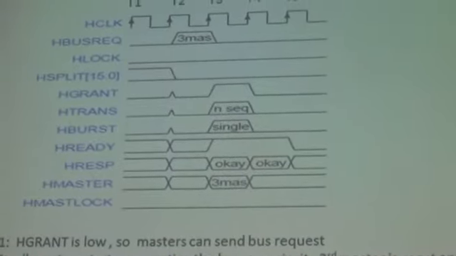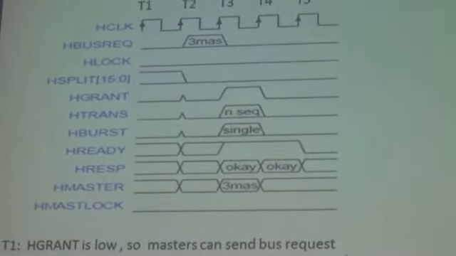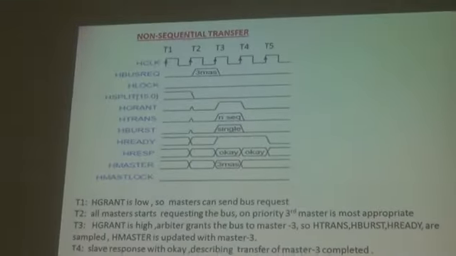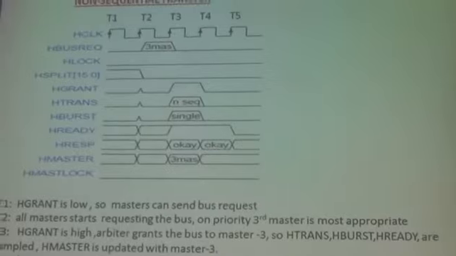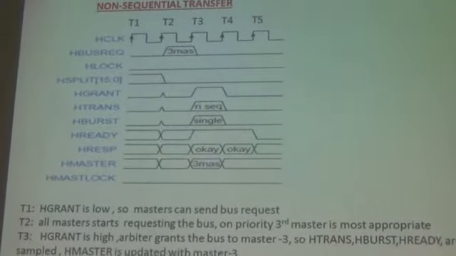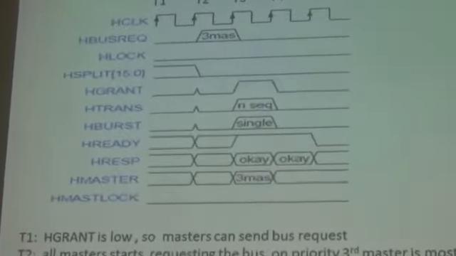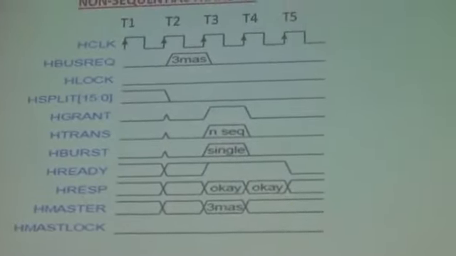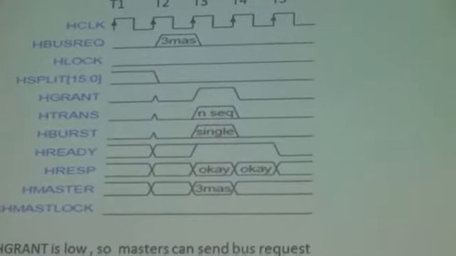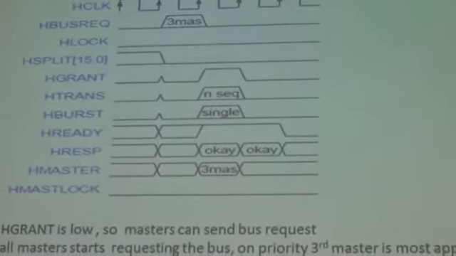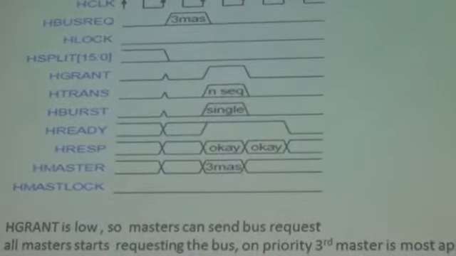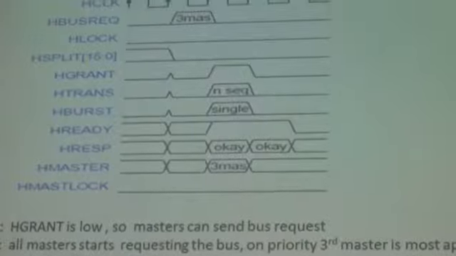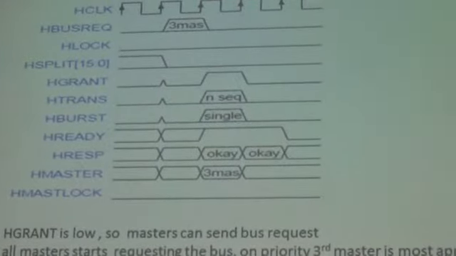Now we will understand this transfer once we go to the background knowledge of each of these signals for a while. After knowing each signal, we will come back and discuss how this arbiter varies for each clock cycle, how these signals vary, and what their effect is on giving the bus to the master by the arbiter.